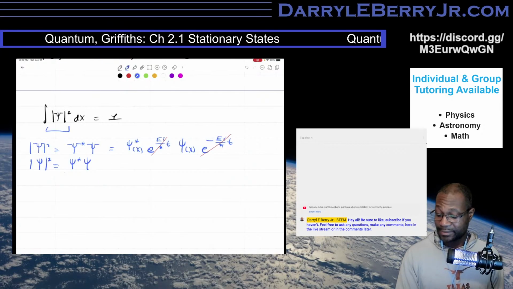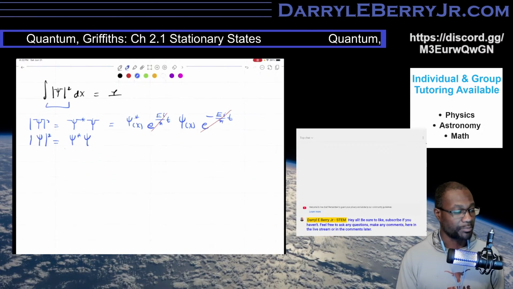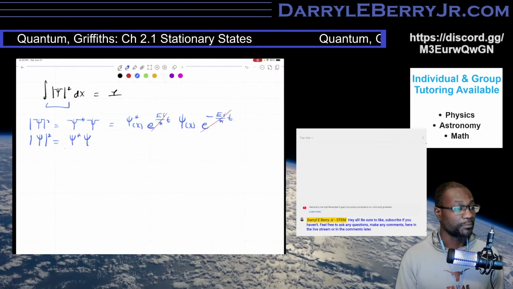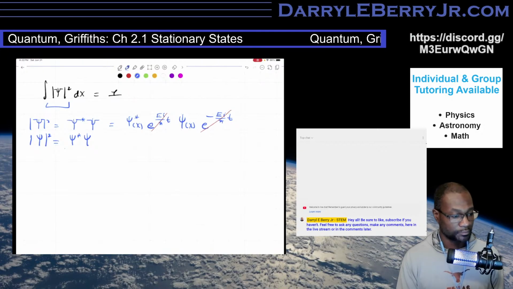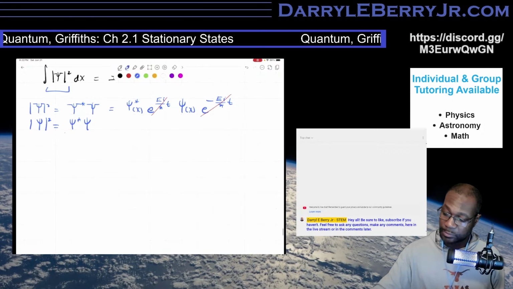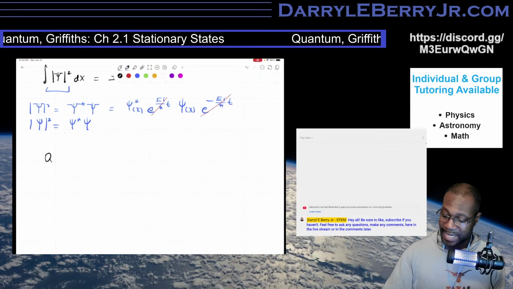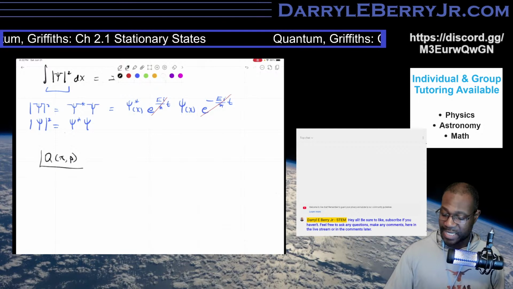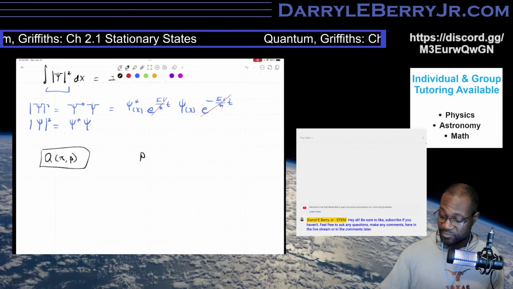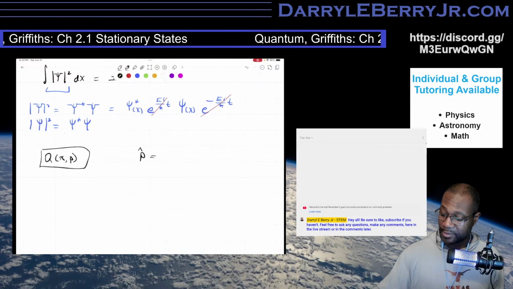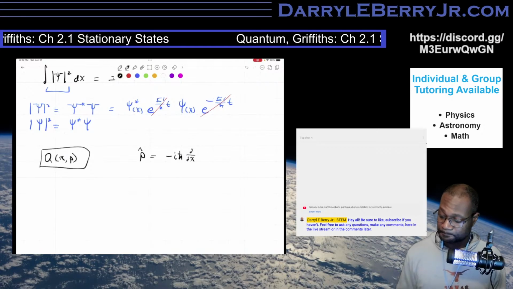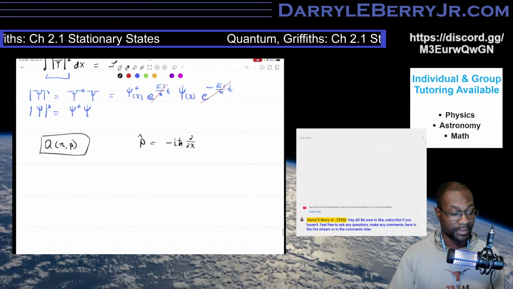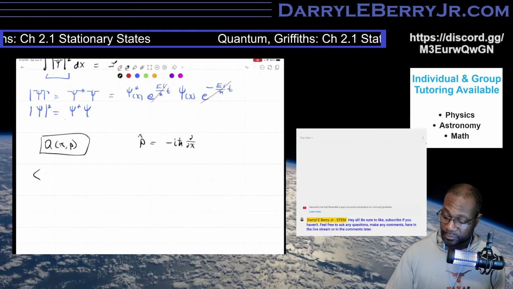They also point out that the expectation value ends up being the same way, in that the example they utilize is simply using the full definition. If you remember a few videos ago, we utilized Q as a standalone operator or dynamical component. And we saw before how the P operator is negative i h bar partial with respect to x. So if I take the expectation value of Q,